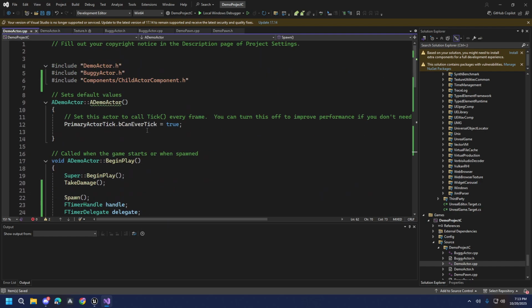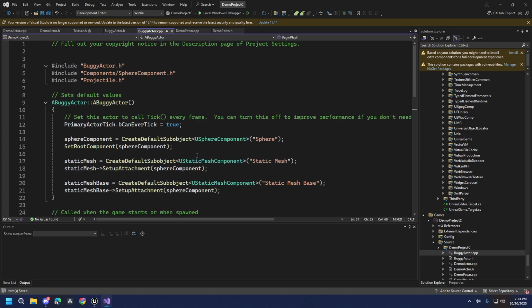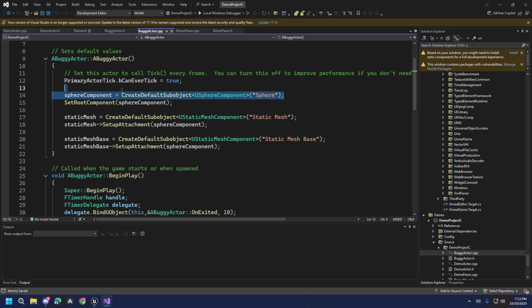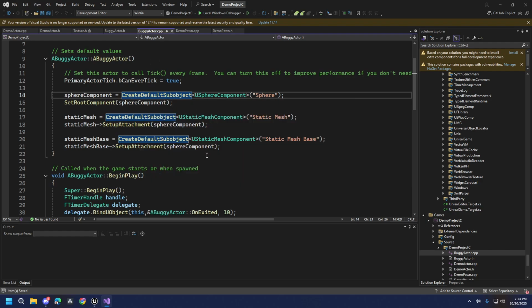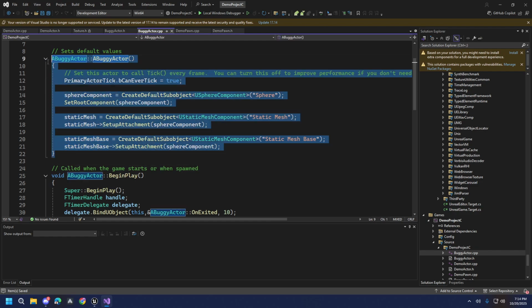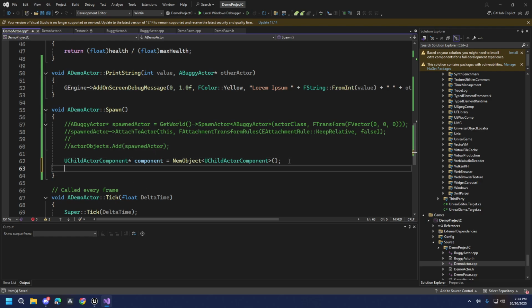Why aren't we using this? Oh, not here pala. Why aren't we using this, no? Create default sub object. So see, create default sub object is only useful within the constructor. Outside of it, hindi na siya nangyayari. Right, so this is the new object. New object, and then